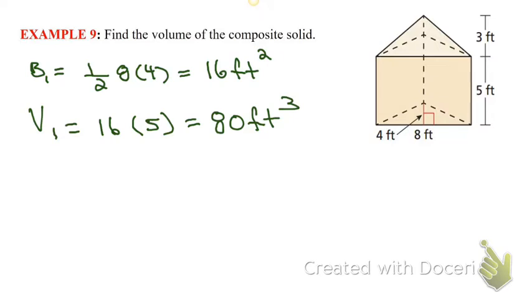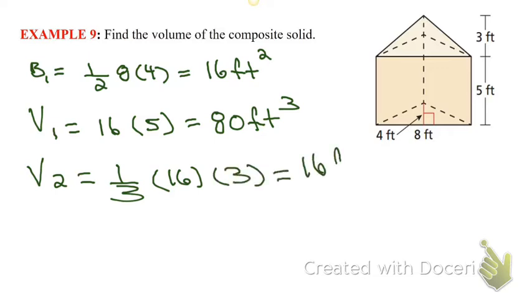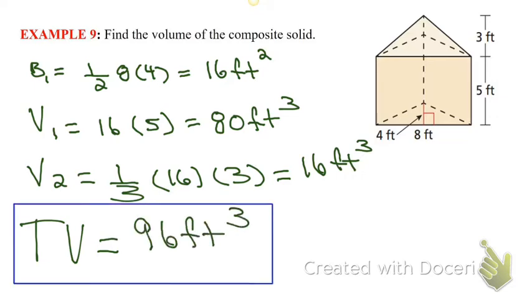So one down, one to go. Now we're going to find the volume of the upper pyramid. Now if you take a look at the upper pyramid, it has the same base as the prism below it, doesn't it? So it also has a base area of 16. And it has a height of 3 as marked on the figure. So the volume is going to be 1/3 that base area of 16 times the height of 3, which gives us 16 feet cubed. The total volume, therefore, is going to be that 80 cubic feet plus the 16 cubic feet, or 96 cubic